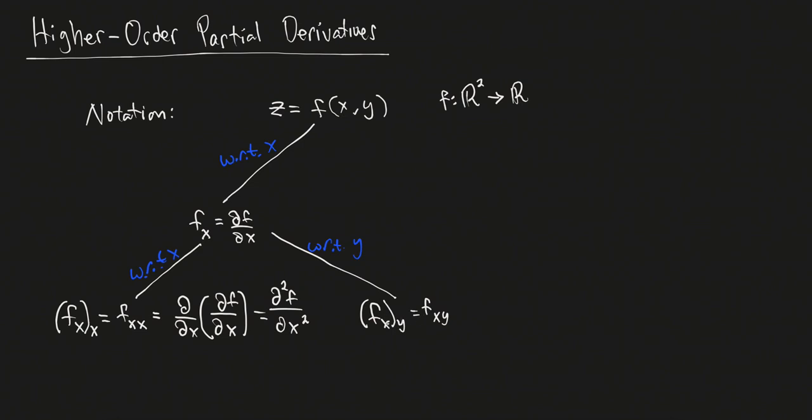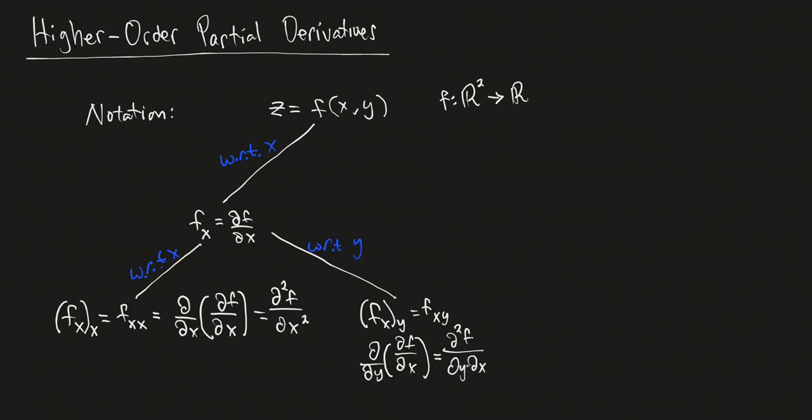Now, what does this look like with the Leibniz notation? This is where I would take the partial now with respect to y of the first partial derivative with respect to x. So then I would still have these two d's in the numerator, if you will, even though these are not technically fractions. But then in the denominator, I can't really combine these two. So I just write it as dy